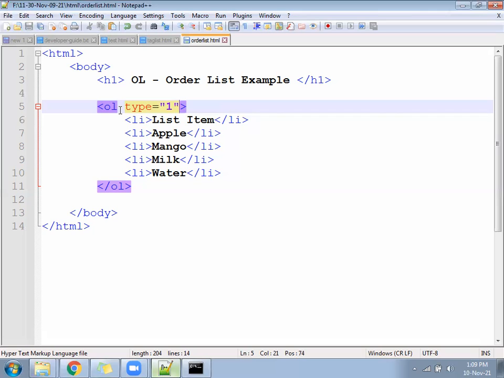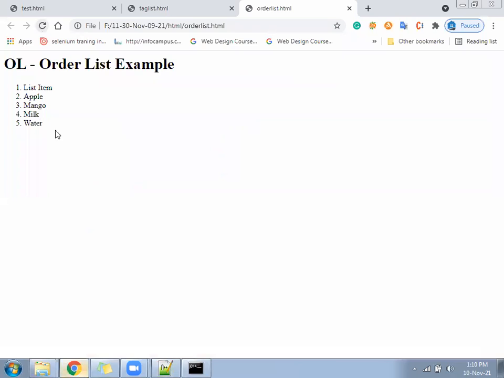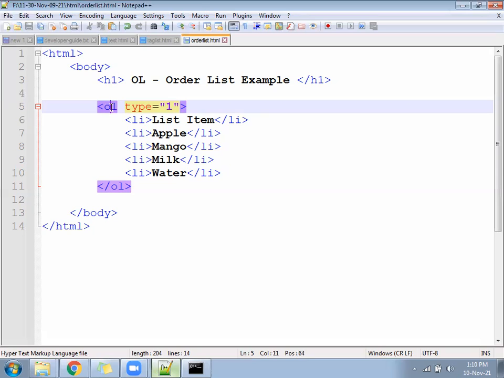The default type is 1 itself. It will give you 1 to 3, something like this.